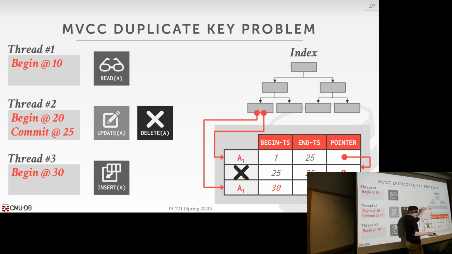So that's kind of weird, right? That's the idea that the same key can exist multiple times, even though it's supposed to be a unique index because it's the primary key index, but at different snapshots. So one way to handle this, you just sort of maintain